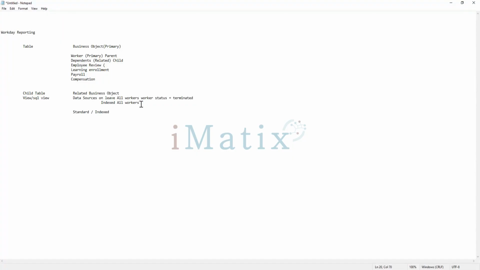Within source only you can actually filter that one. In the filter you can specify terminated. Rather than adding separate line of condition in the report, at source level only indexed data source. At source level only you can specify that you are looking for only terminated, that when your report runs it will be faster